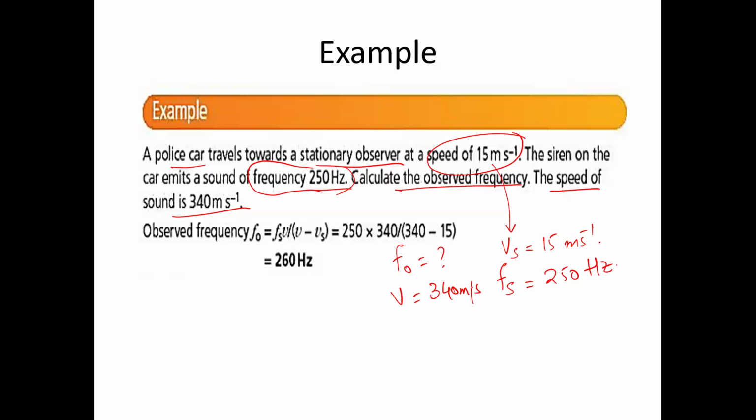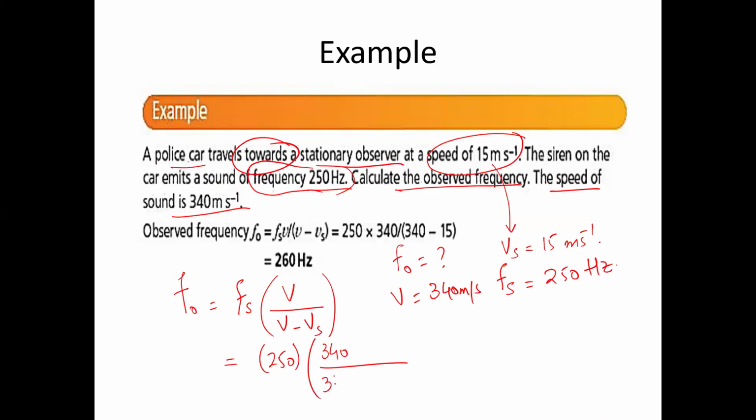तो हमारे पास चार वेरिएबल्स हैं। अब इसमें हमने एक चीज गौर करनी है, a police car travel towards a stationary observer। तो जब towards आ रहा होगा तो कौन सा फॉर्मूला यूज करेंगे, F नॉट, minus V. F नॉट इज इक्वल्स टू Fs into V divided by V minus Vs। तो Fs 250, V 340, फिर 340 माइनस Vs 15। सो इसको जब हम सॉल्व करेंगे आवर आंसर विल बी 460 हर्ट्ज।